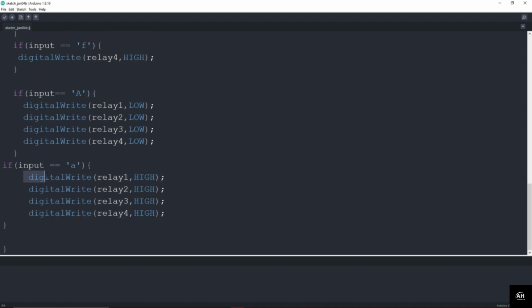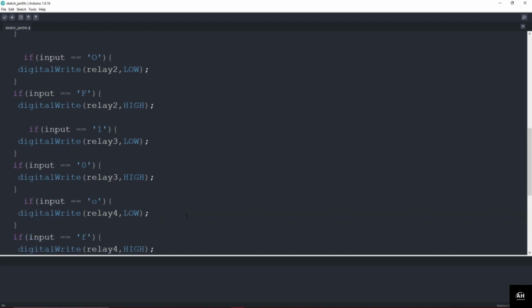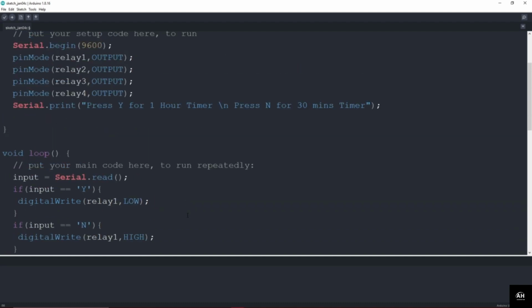And as you guys can see, I have set the digital write relay 1 to high, and it will turn off the relay for us, and I have done it for all the other relays as well. And after adding this line of code, we will just scroll up and we will just see this serial.print, and we will just try to change it for our appropriate inputs. So we will just do press Y for